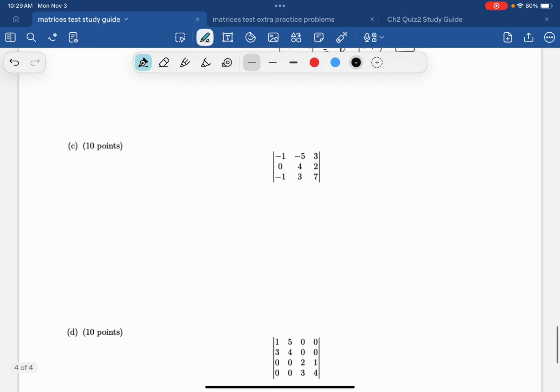Then finally, here we have a 3 by 3 determinant. You could do this in different ways because you're allowed to expand via cofactors with any row or column you want. I'm going to start with doing the first row because that's pretty conventional, and then maybe afterwards we'll try the first column because that has more zeros, so it's easier, right? Let's do the first row first. So that's going to be